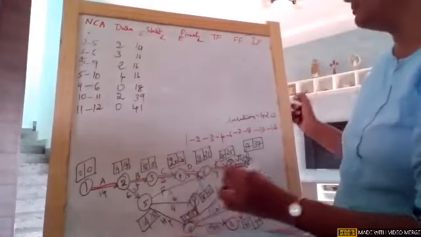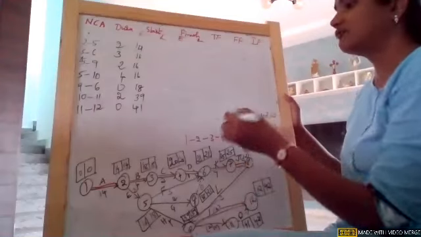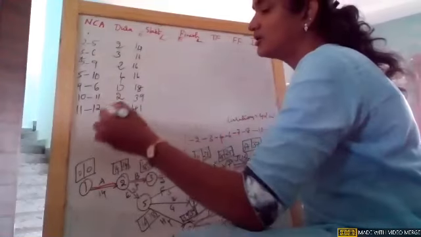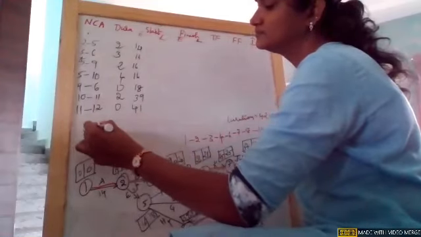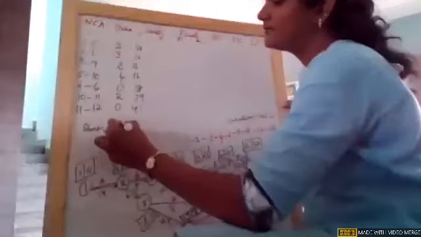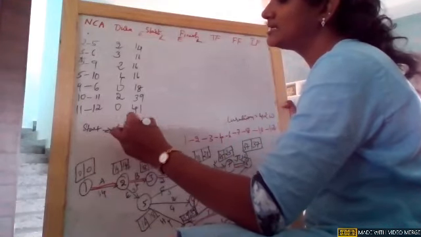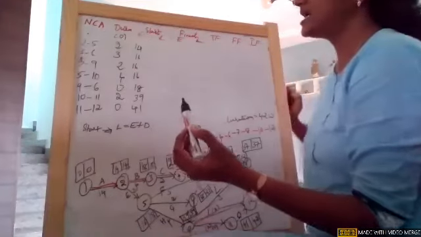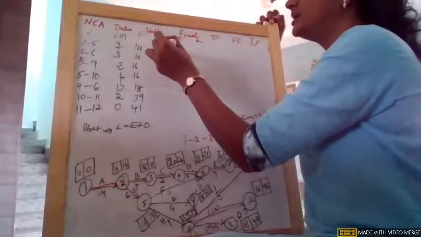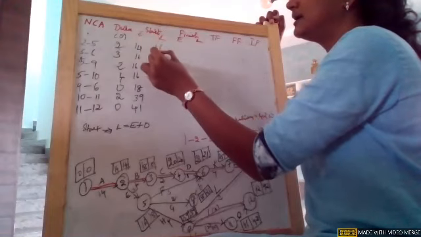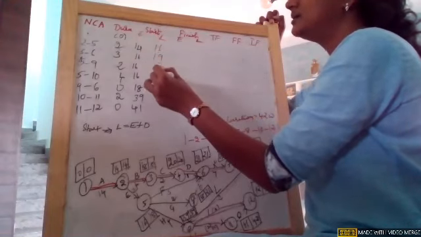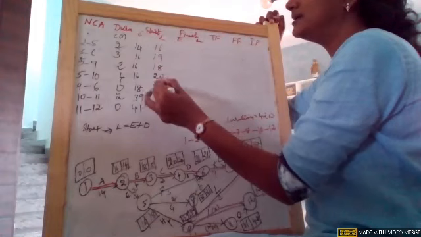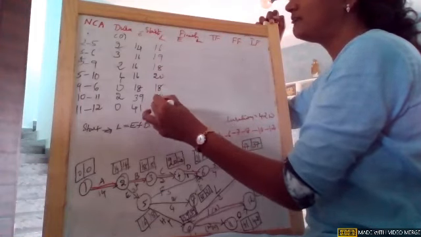So what did I tell you? For the start, the formula for L is nothing but E plus D. D is nothing but duration. This is D, for your understanding. So 2 plus 14 is 16, 19, 18, 20, 18, 41 and 41.